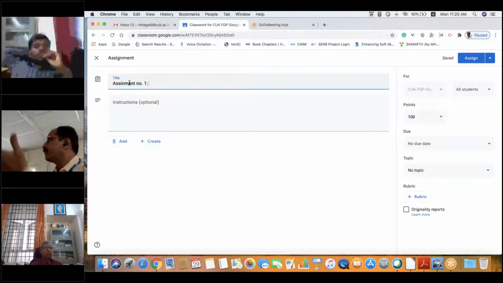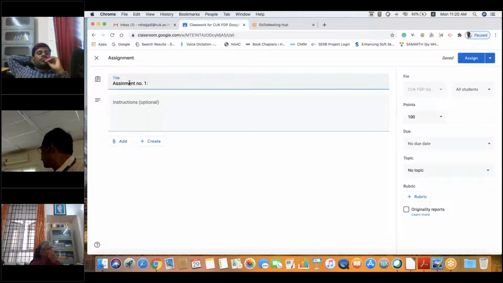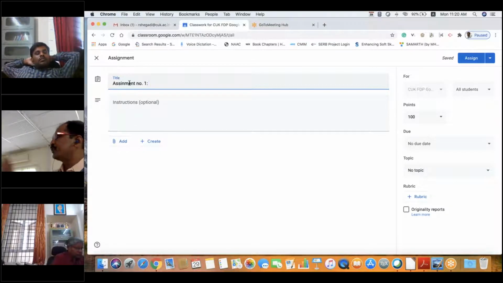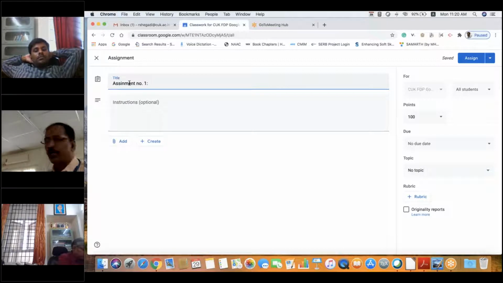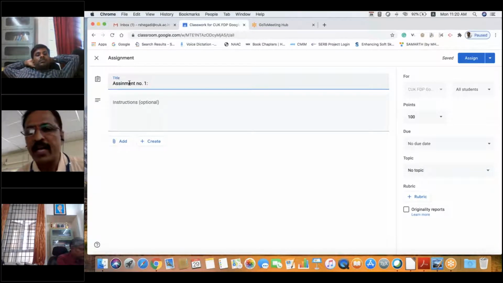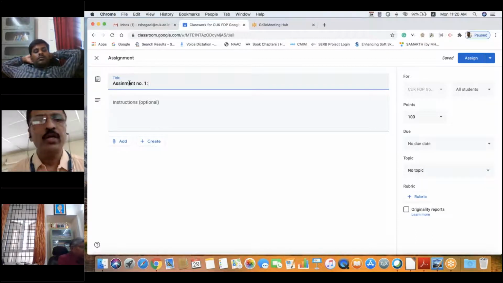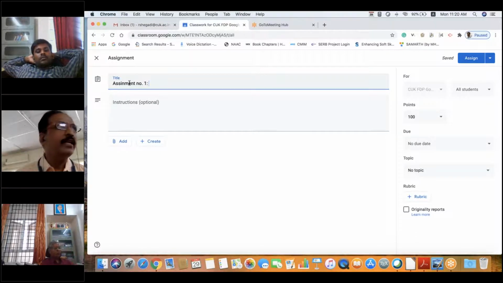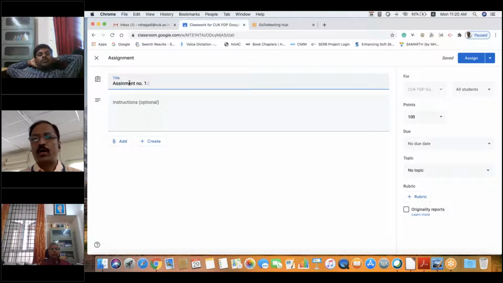Madam, an invite is where we are inviting and asking them to join. With the code, they can directly join. We need not invite them. If they have the code, they can directly join. So that's why you have to take precaution over here. I will show you how to change the class code also. That is there in the class settings.